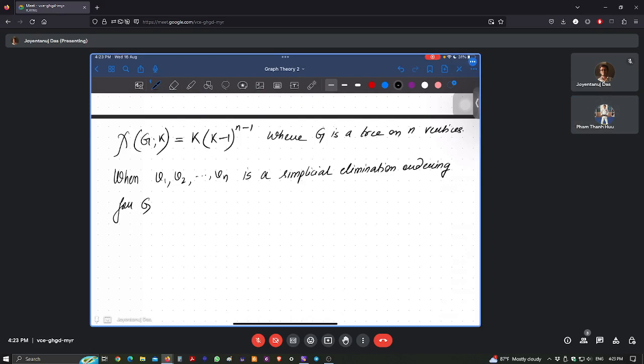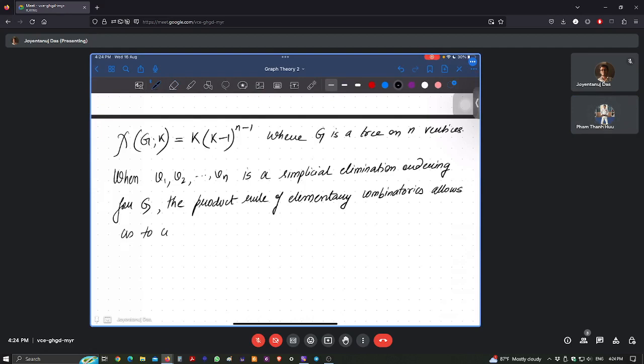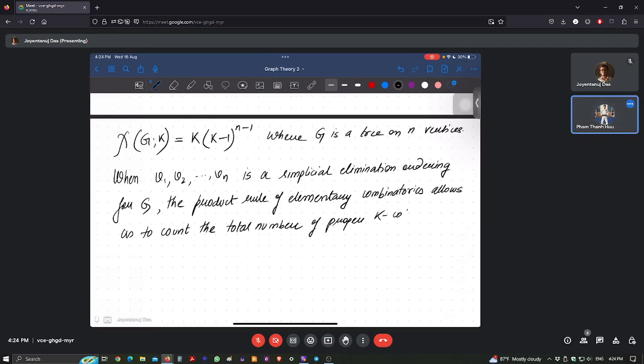So we can apply the product rule of elementary combinatorics to count the total number of proper k colorings. Right. So the thing is,